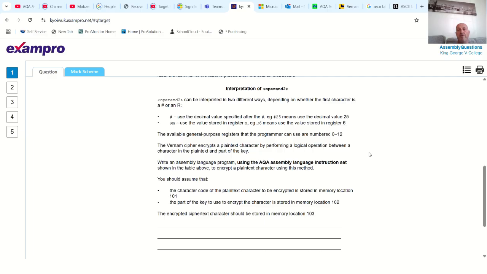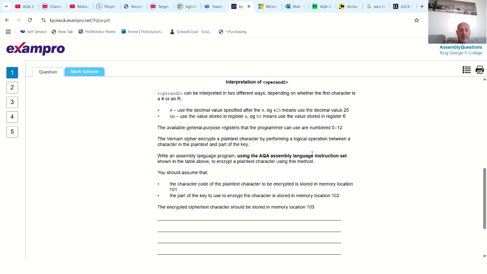There's only one copy of it. It's been completely randomly generated, so there's no chance at all of being able to crack it. The way that you make this one-time pad work is by doing an XOR on it. So if you've got a plain text character held in the value in memory location 101, you do an XOR of it,